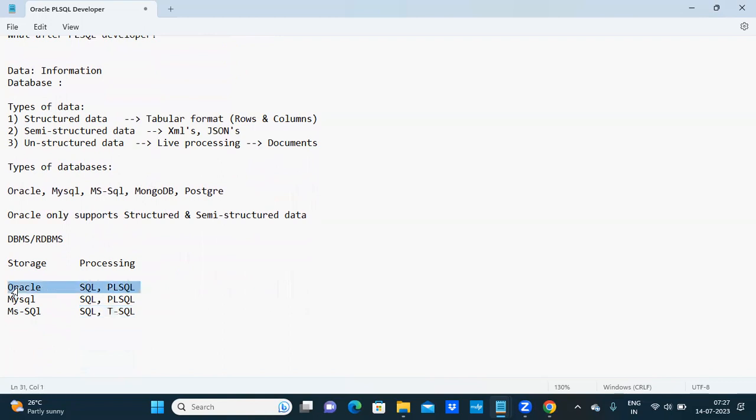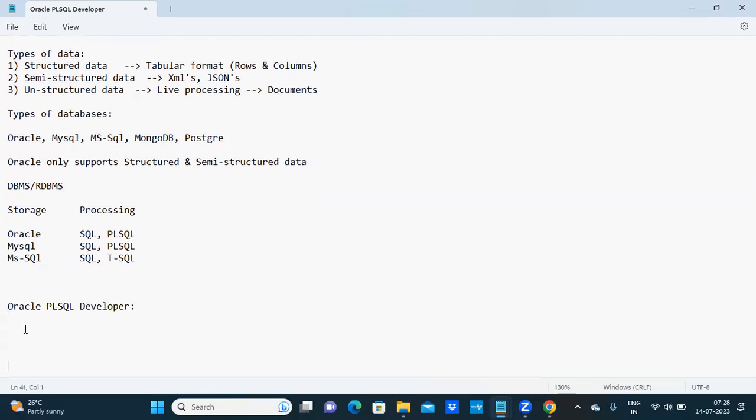First, we need to see the variable. Now our course objective is Oracle PL/SQL developer. How to become an Oracle PL/SQL developer? What are the things we require to become an Oracle developer? You need strong knowledge in SQL, strong knowledge in PL/SQL,